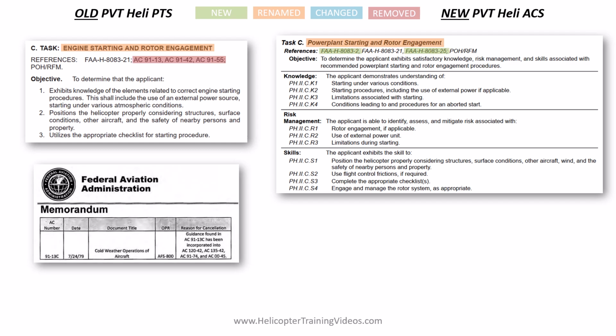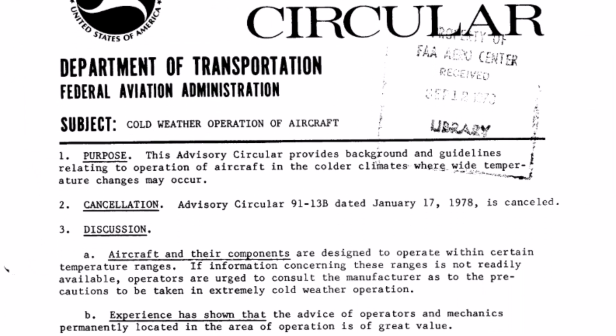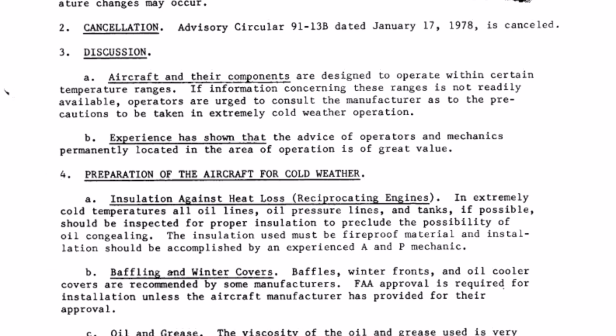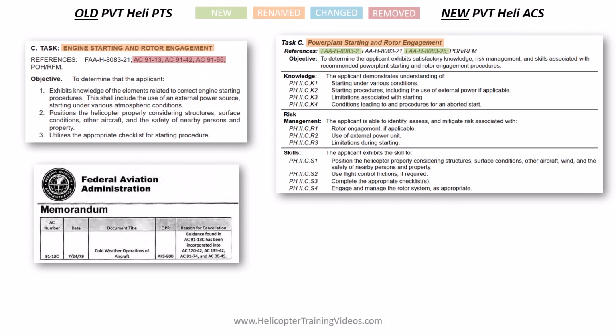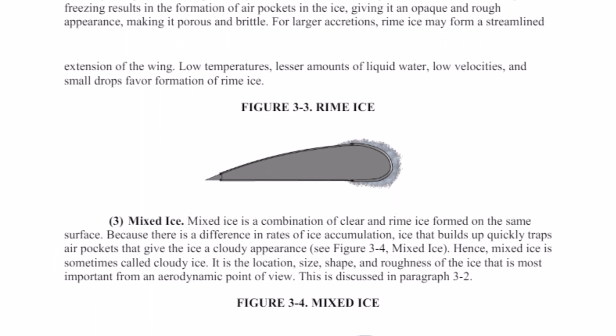In the references, you can see it pulled out a bunch of references and added some new ones. So let's have a look at some of these ones here. AC 91-13, that's cold weather operations of aircraft. And that was cancelled and incorporated into some other ACs, including 91-74, Pilot Guide to Icing Conditions, as well as